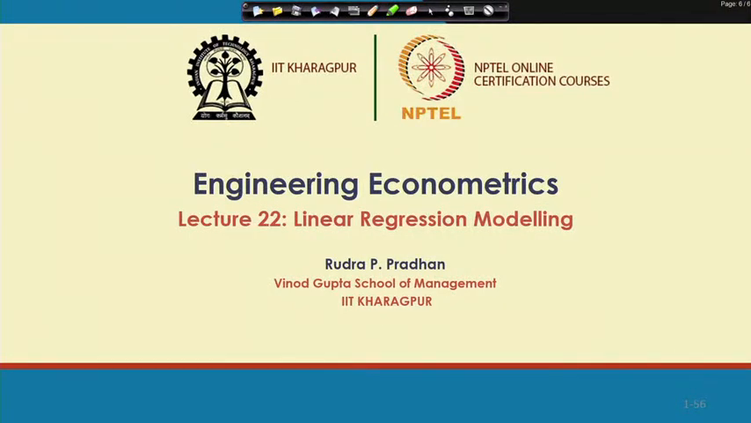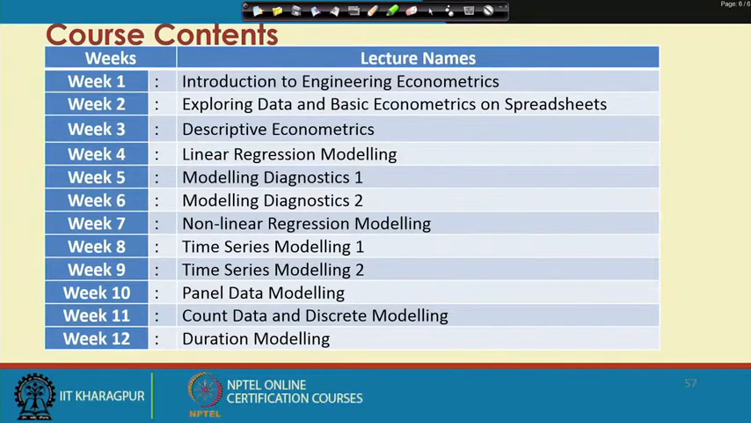Welcome to Engineering Econometrics. Today we will continue with linear regression modeling, that is, the issue of multiple regression modeling. In the last lecture we discussed this particular component. It is an issue where we have a dependent variable and many independent variables, and the idea is to predict the dependent variable with at least two independent variables in the system. How we have to address these problems and how to analyze them, we briefly highlighted in the last